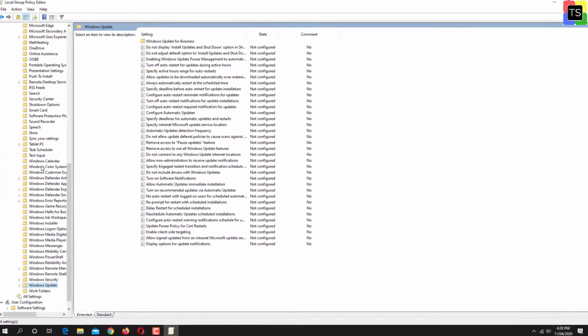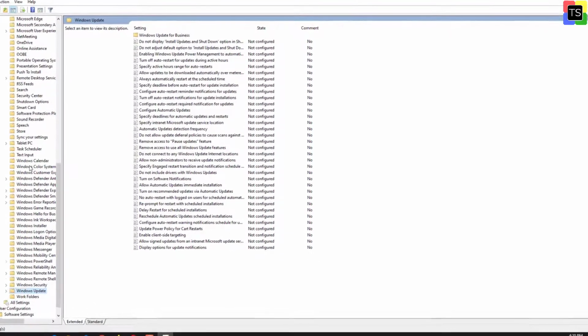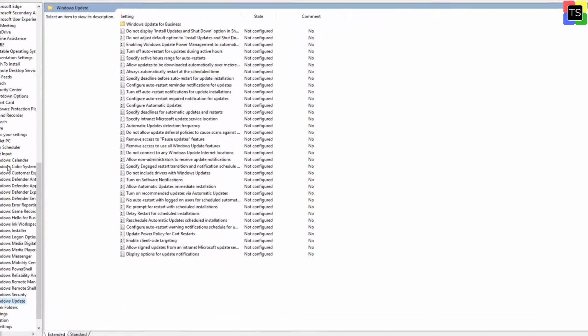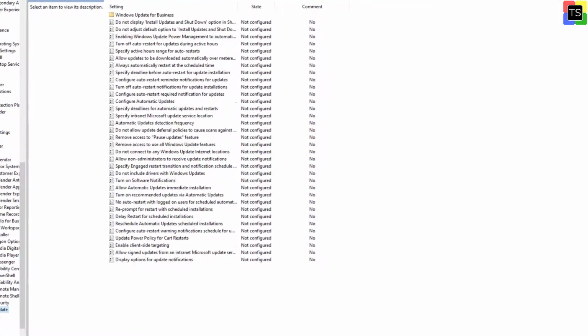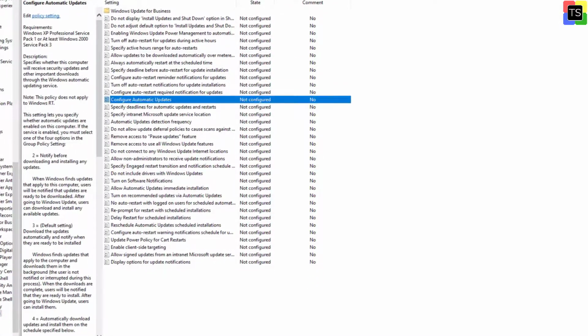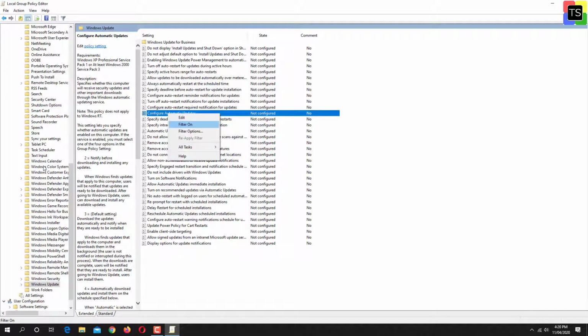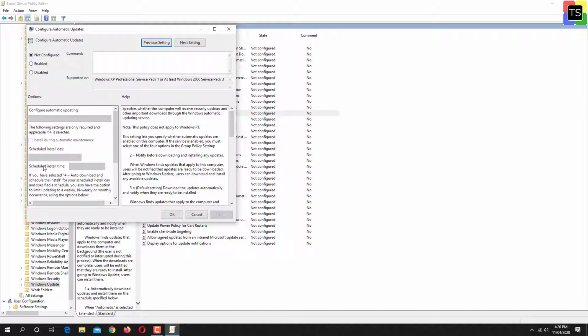From right-hand pane, select Configure Automatic Updates and double-click on it to open the properties. Here, select the option Disabled and click on Apply button and then click OK button to disable Windows Automatic Updates feature.